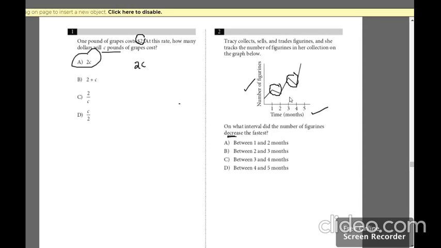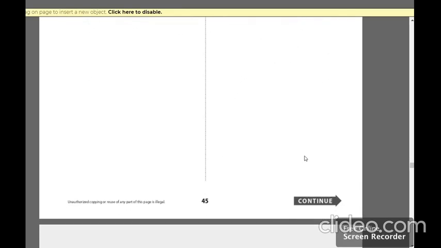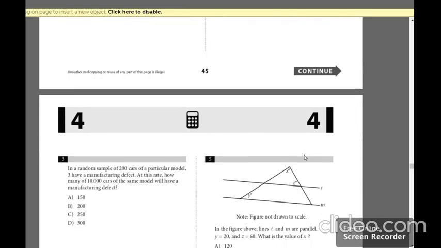If you check, the steeper the slanting line, the faster the decrease would be. If you closely observe, 3 to 4 is the only option that we have. The rest are a little bit longer, whereas this is much steeper. So this is going to be our answer, 3 and 4. Moving on to the next question.